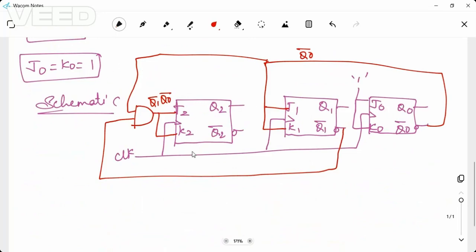And this is your schematic. Every flip-flop is connected to a common clock because it's a synchronous design. Every state changes with respect to the common clock. J0, K0, you can see here, are given logic 1. J1, K1 is Q0 bar, so this Q0 bar is connected here. And J2, K2 is Q1 bar, Q0 bar. So this is Q0 bar and this is going to